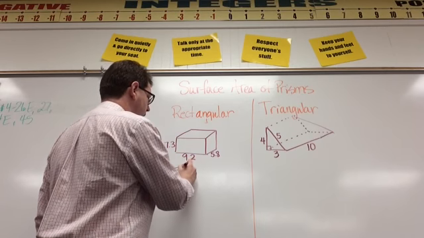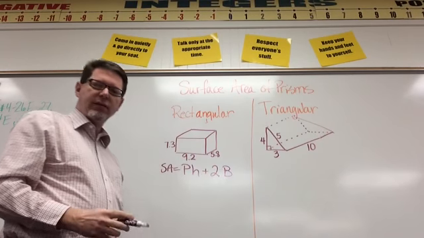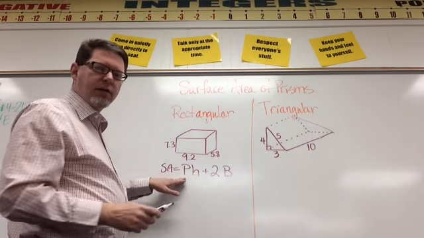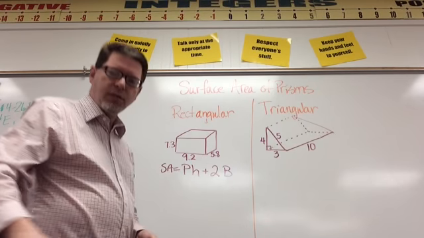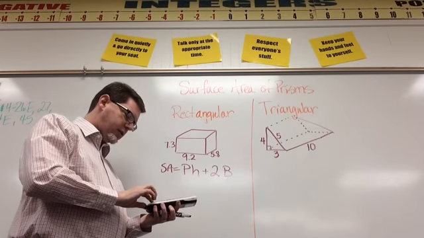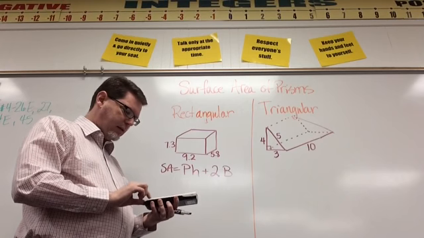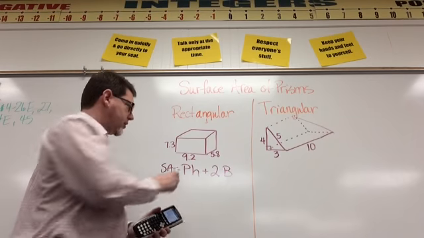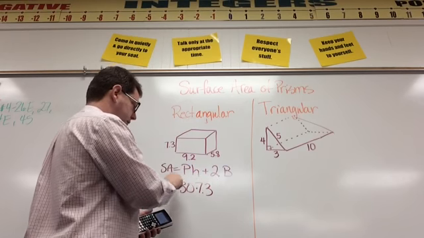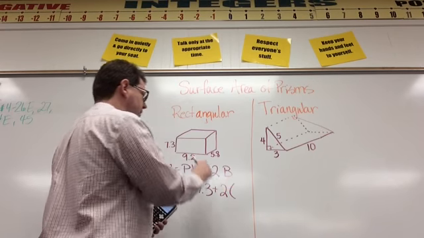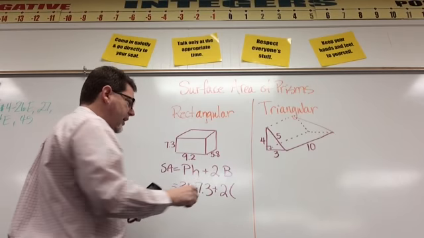Surface area equals perimeter of the base times the height plus 2 times the area of the base. So let's figure out the perimeter of the base first. So my base is 9.2 by 5.8. So I'm going to do 9.2 plus 9.2 plus 5.8 plus 5.8, and I get 30 as the perimeter of that base. And I'm going to multiply that by the height, which is 7.3. And then I'm going to take 2 times the area of the base, which is 9.2 times 5.8,